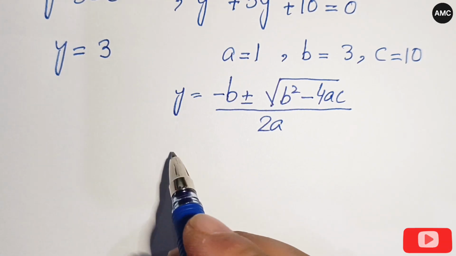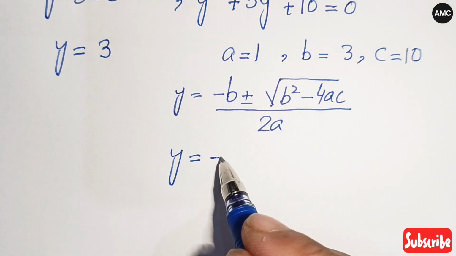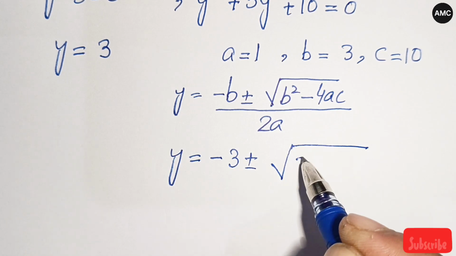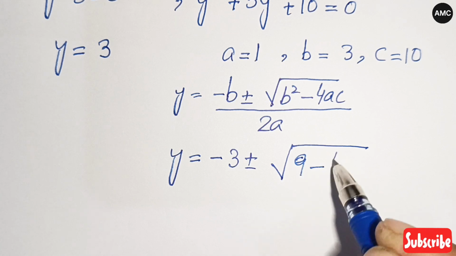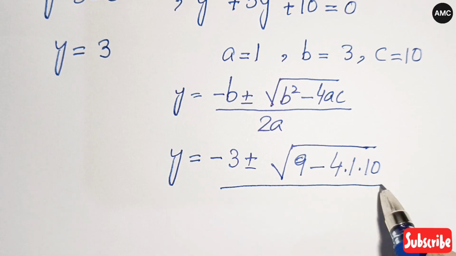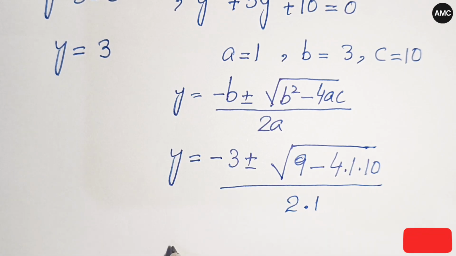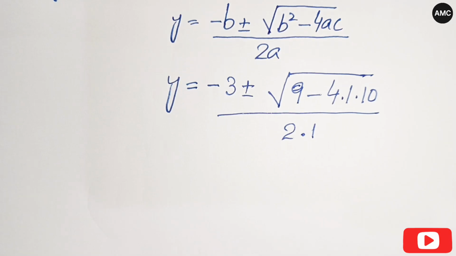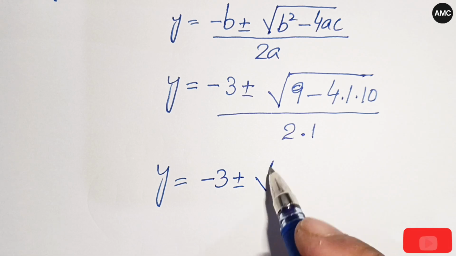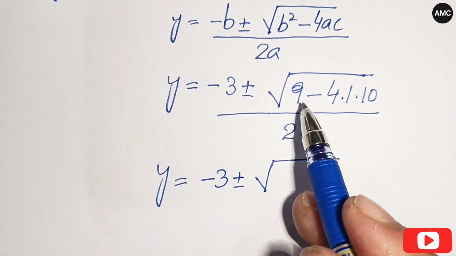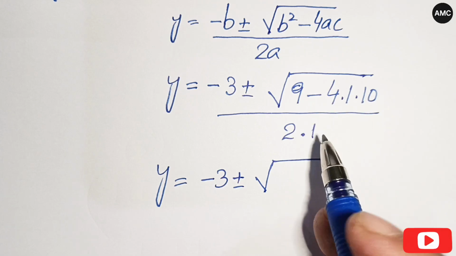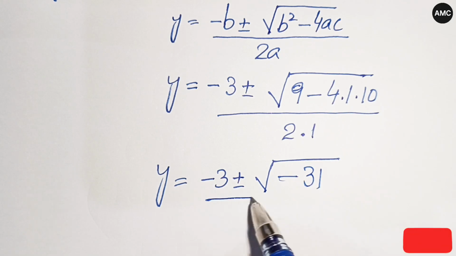Now putting the values of a, b and c, we get y is equal to minus 3 plus minus square root of 3 squared, that is equal to 9, and minus 4 times a is 1, c is 10, all over 2 times a is 1. Next step, y is equal to minus 3 plus minus square root of 9 minus 10 times 4 is 40, so minus 40 plus 9 we get minus 31, all over 2,